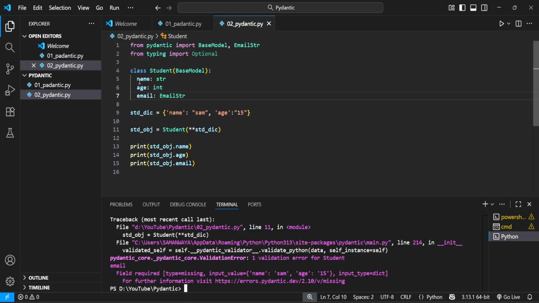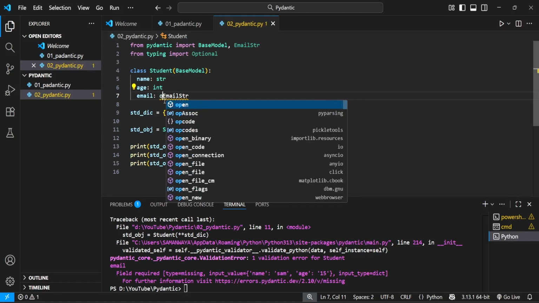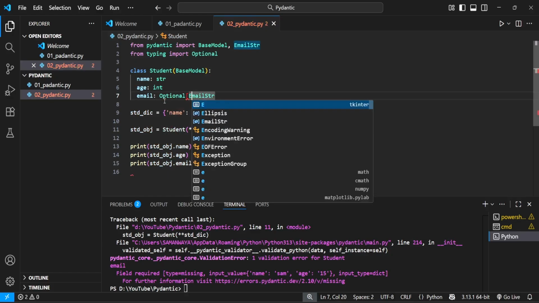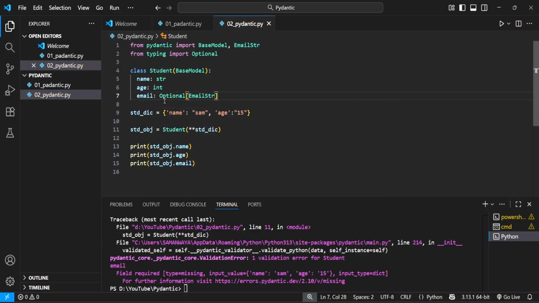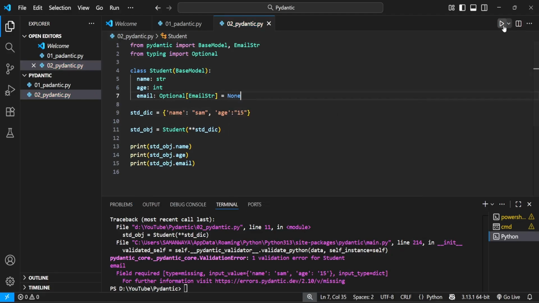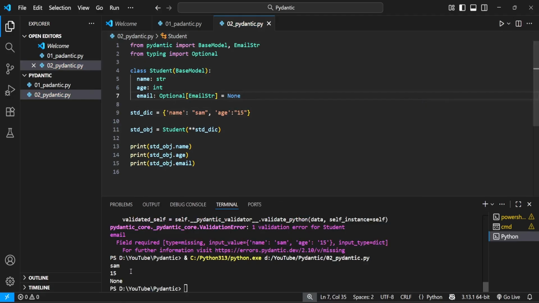That means we have put 3 fields in our class, but we have initiated 2 values. One is missing. That's why it is showing error. But if we put it as optional, and initiate one value, that is none, then it will get printed as none. But if you want to print anything, then you can write it here,